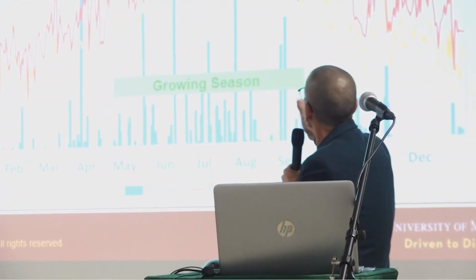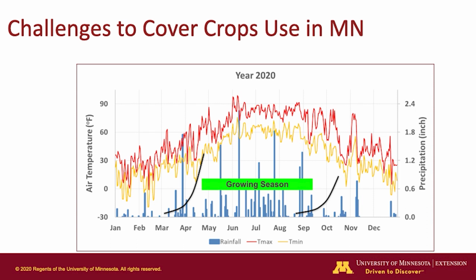This is the year 2020 in Lamberton, and this is how it goes. The green growing season you see there is when we usually plant corn and soybeans. So then you can see that we want to have cover crops, and cover crops are supposed to be here at the end of the season. Oops, sorry, or here at the beginning. Okay,